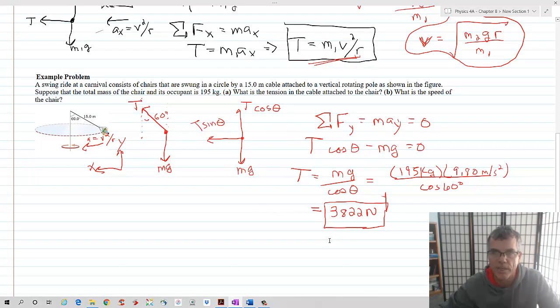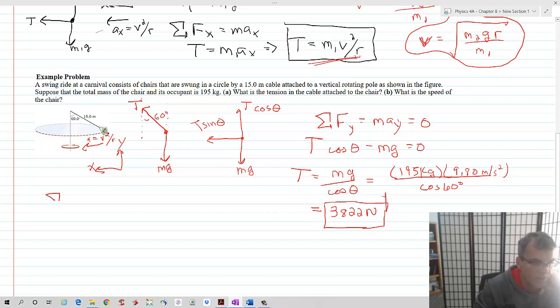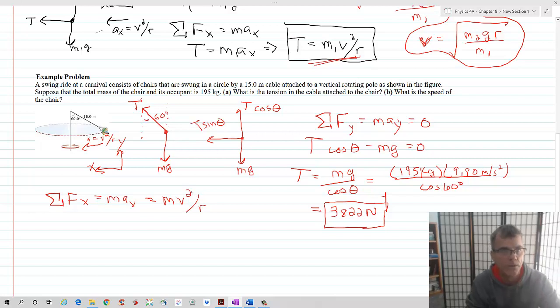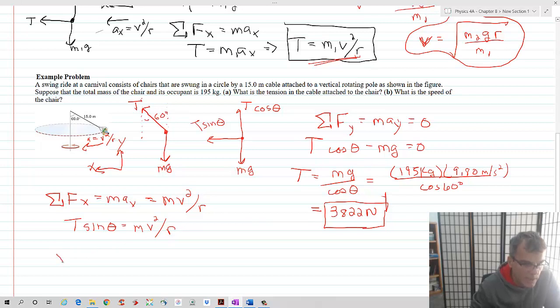Okay, so that doesn't give us part b. What is the speed of the chair? Now we need to look at the sum of the forces in the x direction equals ma_x, which is mv squared divided by r. We've defined to the left as positive because that's the direction of the acceleration. The only force acting to the left is T sine theta. So what I get is T sine theta equals mv squared over r. Let me just skip a step of algebra, and what we're going to get is v is the square root of